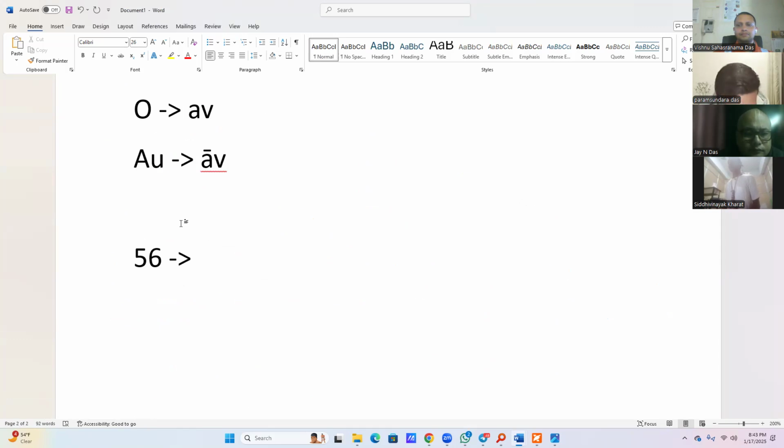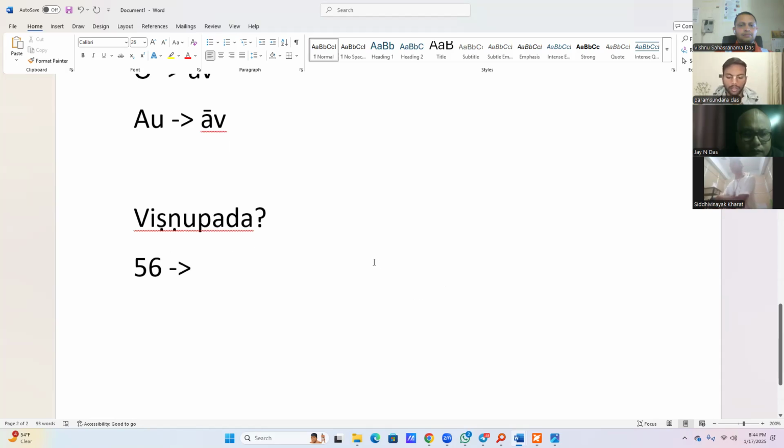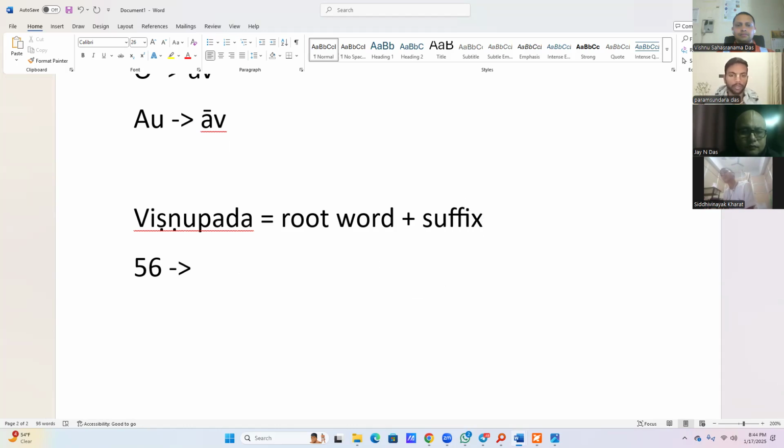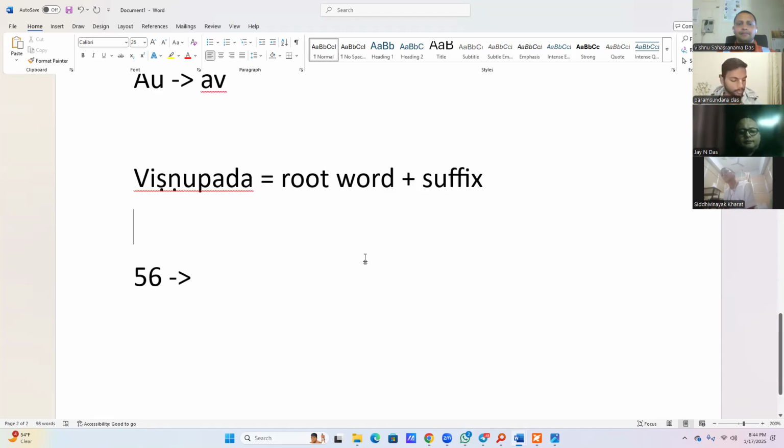First of all, we have this concept of Vishnu Pada in grammar. What is Vishnu Pada? In Sanskrit, the words which we see in shlokas, like in the running text, those words are called Vishnu Padas, which are formed by applying the suffixes to the root words. So basically, root word plus suffix, whatever suffix. For example, let's say Rama. Rama is a root word,